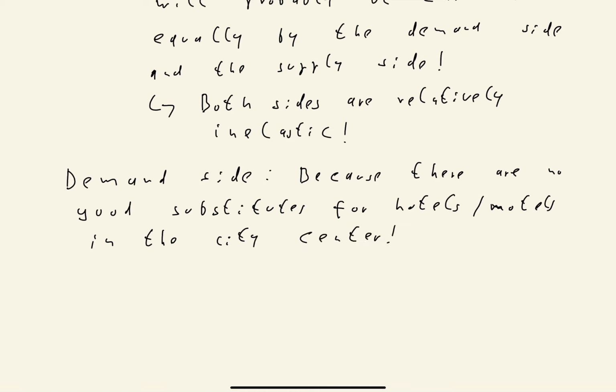So if the tax increases and hence prices become higher, the prices that the consumers have to pay, they cannot deviate to other hotels and motels in the nearby region, but they have to still remain in the city center. And this is the reason why they cannot deviate from those hotels and motels. And hence, this means that the demand side is quite inelastic. So inelastic demand,